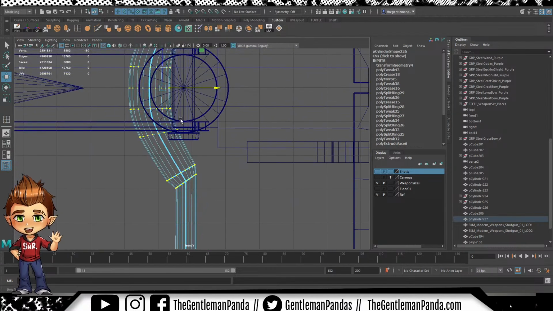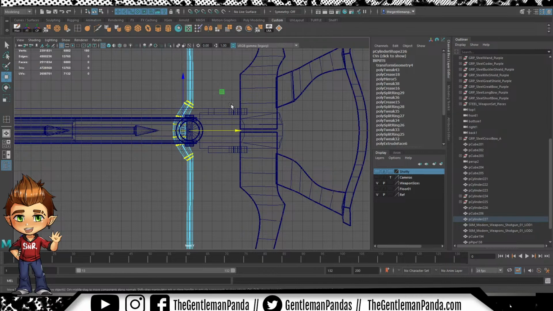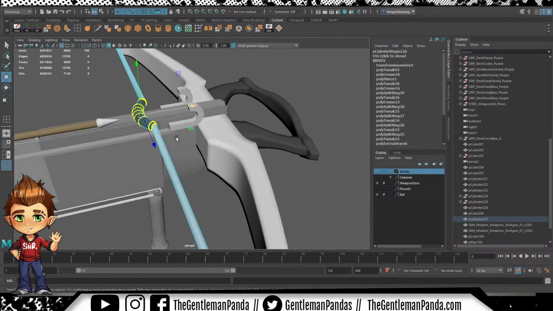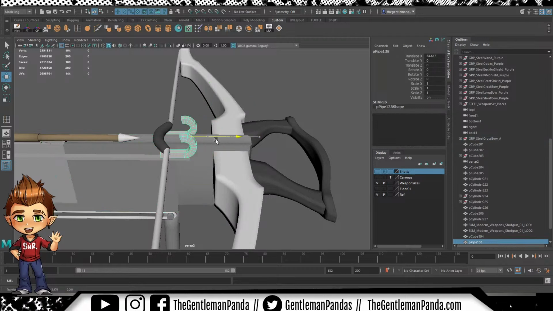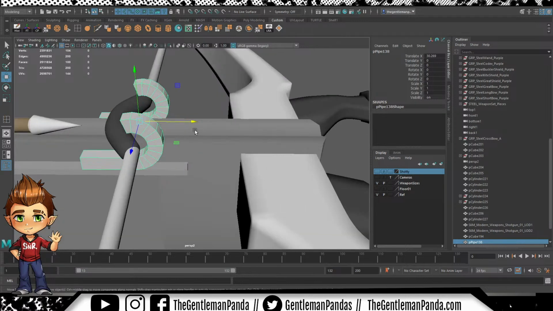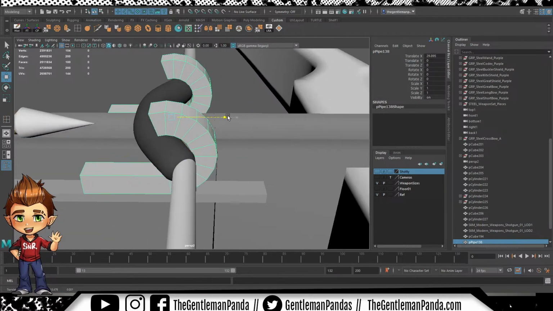It's not quite perfect, but that'll do. Okay, so that means that the resting position of the hooks should be right about here,